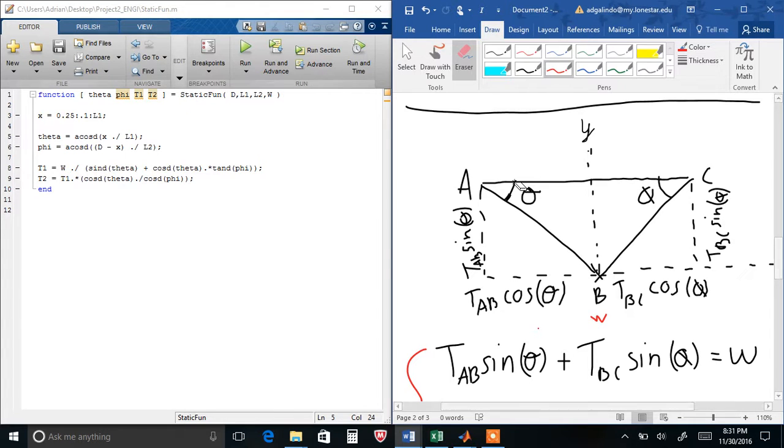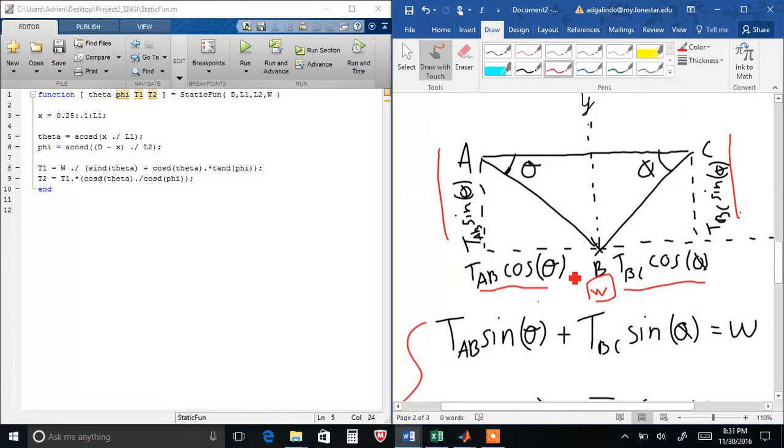For our T1 and T2, we look at this diagram right here, and we use this diagram to figure out the tension of T1 and T2. So a little physics here is basically saying that this value and this value are supposed to be equal to each other, and this value is supposed to equal W. And so we basically